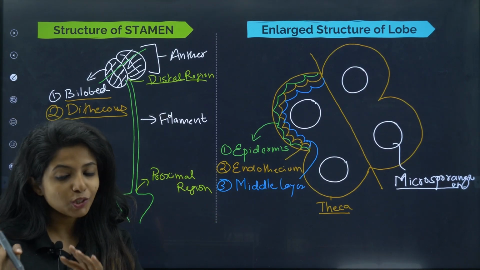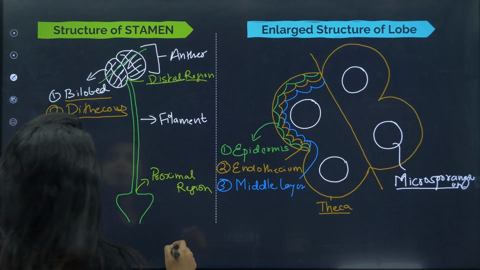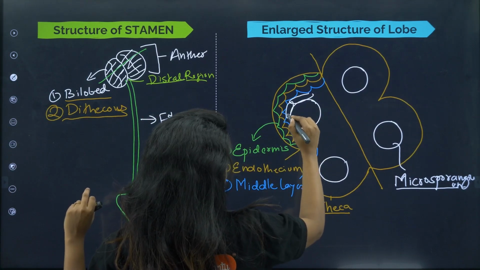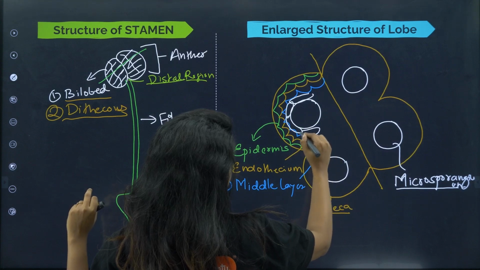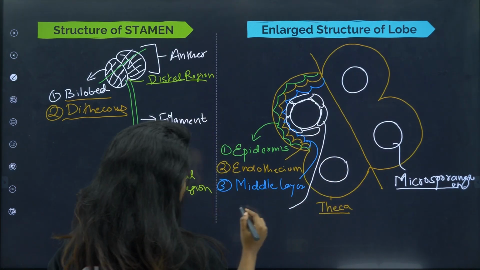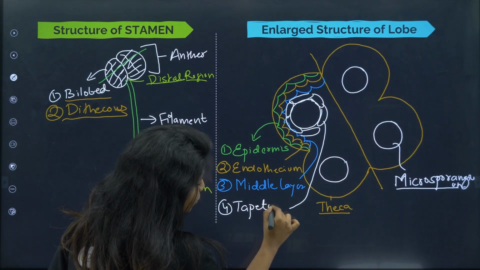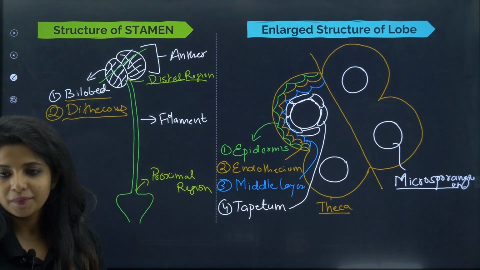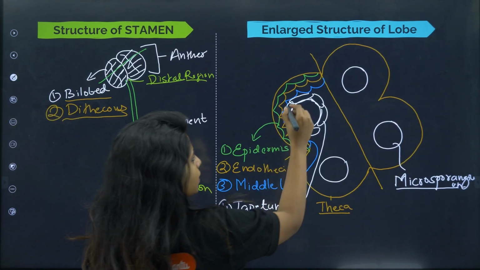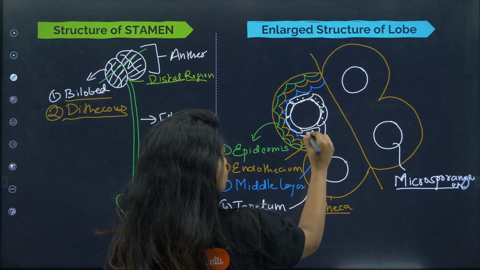So the middle layer has to be in the middle of something, right? So the middle layer is in between, one layer like this, which you call tapetum. What do you call it? Tapetum. Now tapetum, there is a very important feature about tapetum. They do not have one nucleus, they have two nuclei. So they are